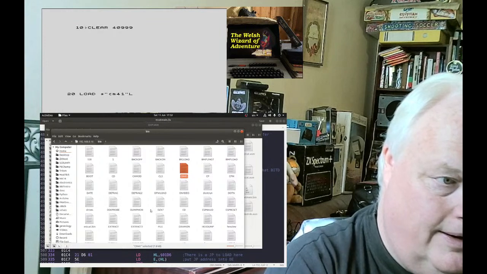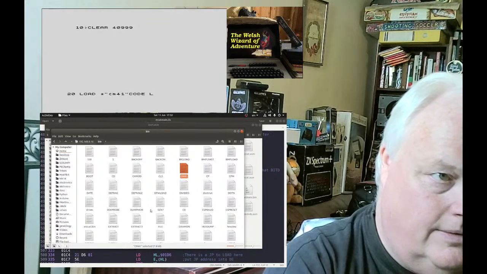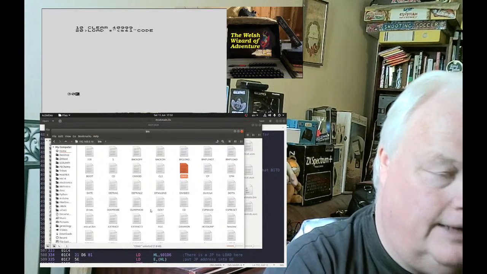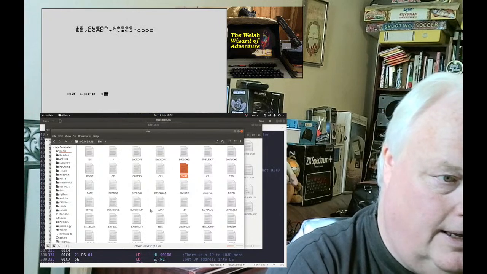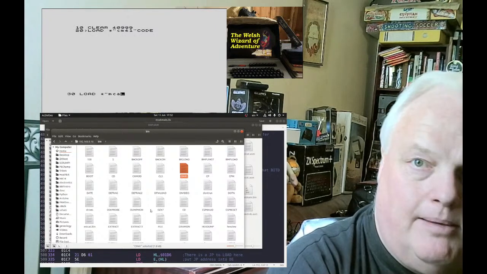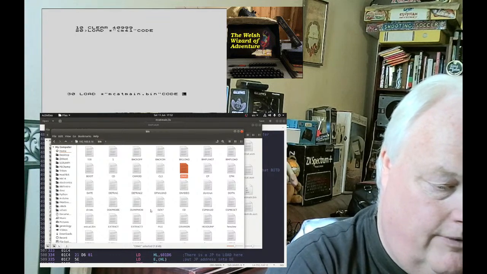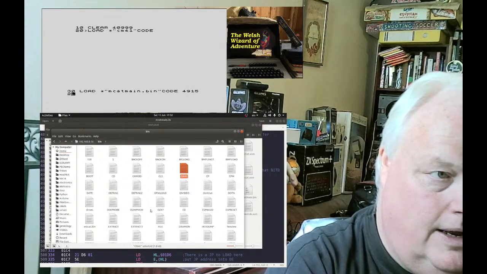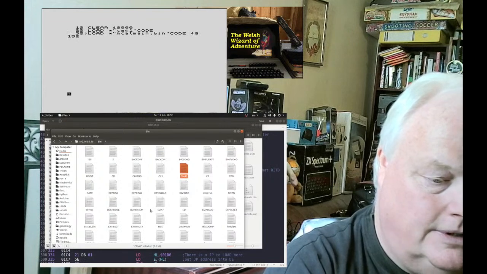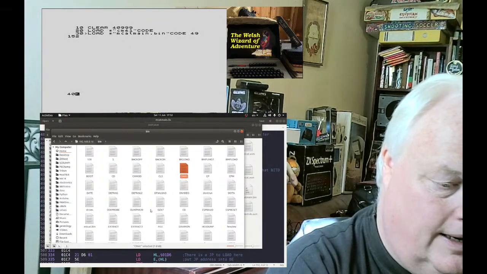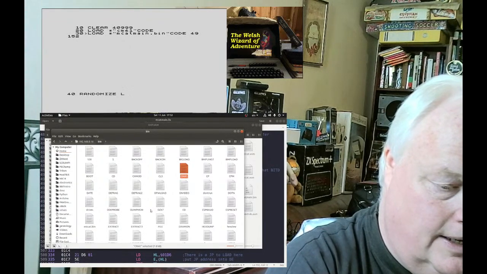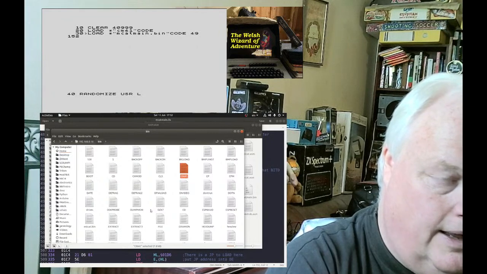CM41 code 30. We're going to load star mcat main dot bin, and we've got to fix it at 49152. And then we've got to do a 40 randomize user